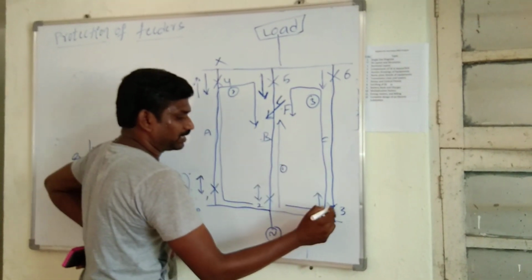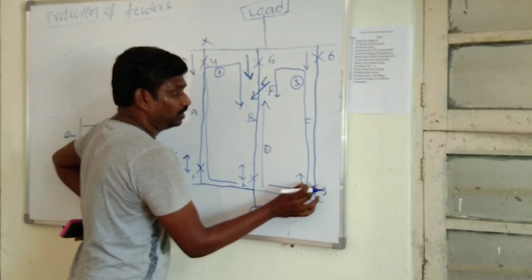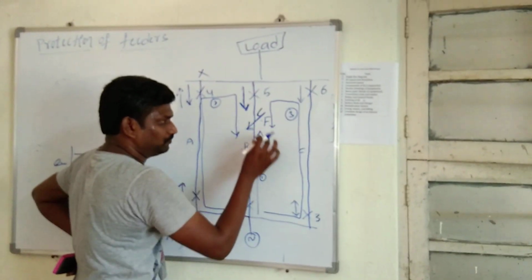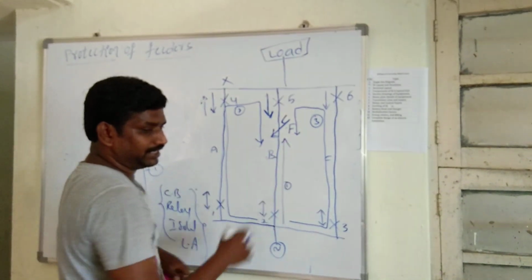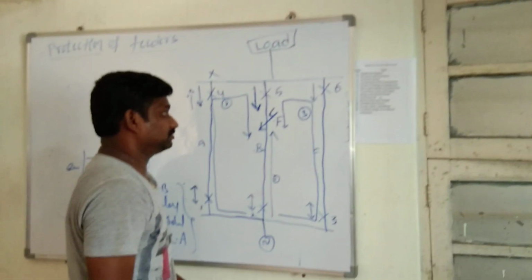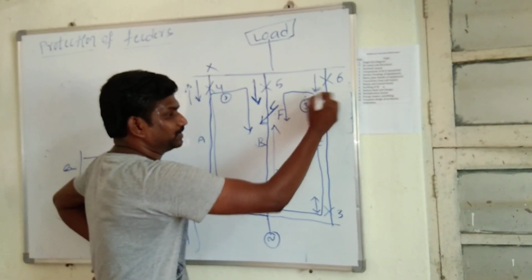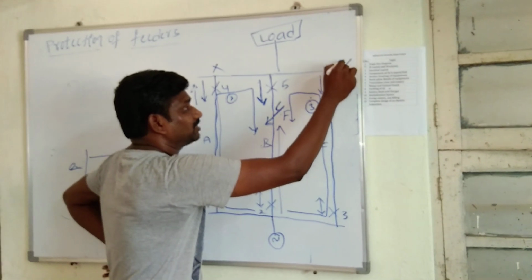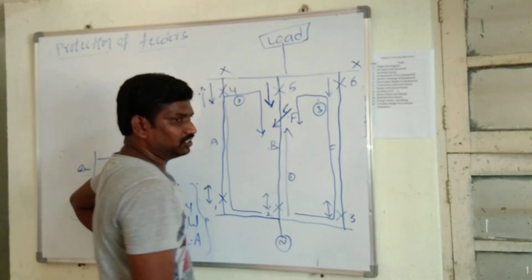And next one, okay, relay, what is the third path? That is from generating stations to feeder C, and feeder C to fault point. Then here, what is the direction of current? Here the direction of current is from relay 6 in the opposite direction. So the relay 6 is not operated. And here the relay 4 and the relay 6 will not be operated.